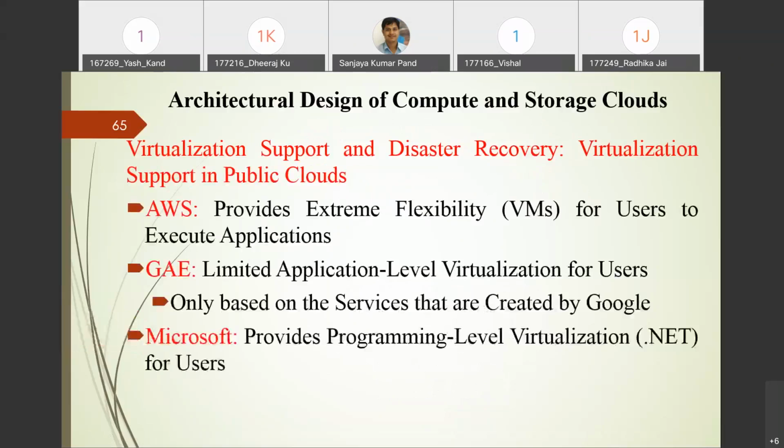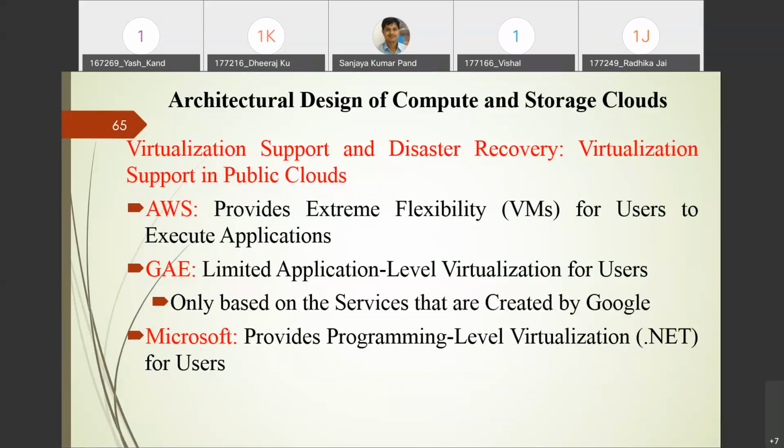In this lecture, we'll focus on three different cloud service providers. First one is Amazon Web Services, right? Second one is Google App Engine, GAE. Third one is called Microsoft Azure, or earlier it was called Windows Azure.